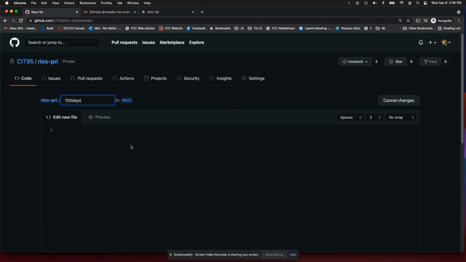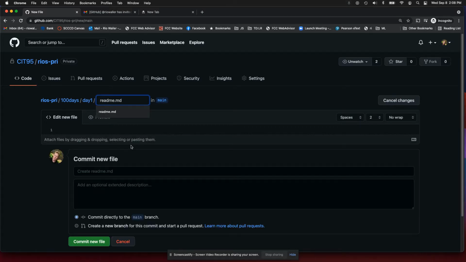Now, as soon as I hit /, it creates a folder. And then you're going to create day one /, and then in there you're going to create readme.md. So notice what this does. Immediately